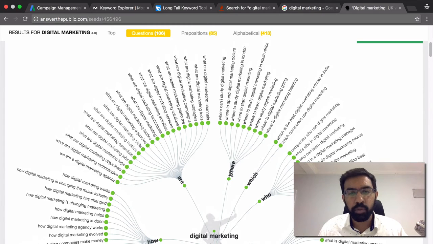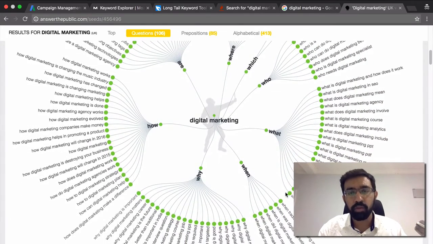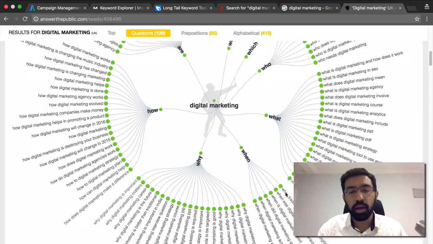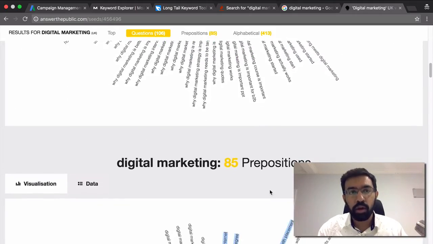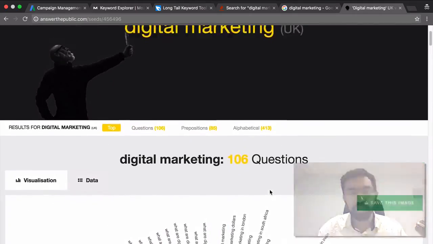For example, it puts the keyword where, digital marketing, and now you have several keywords such as where can I study digital marketing, where to spend digital marketing dollars, where to study digital marketing in London. Now they switch to the keyword which, and based on this they generate a lot of keywords, such as who is a digital marketing manager, who can do a digital marketing course. All these keywords are what people are searching for, and that is why they show up on Google Suggest. This is another good tool that we can use to do keyword research.